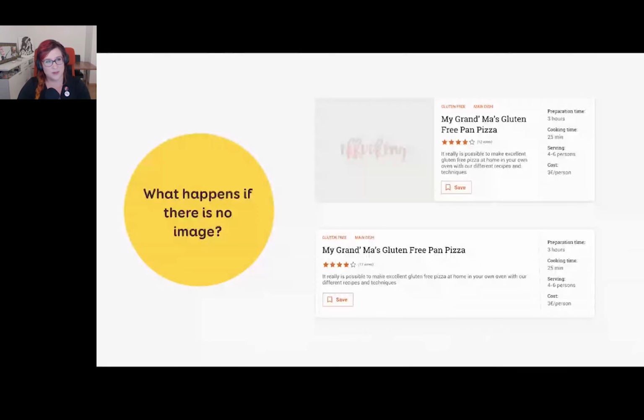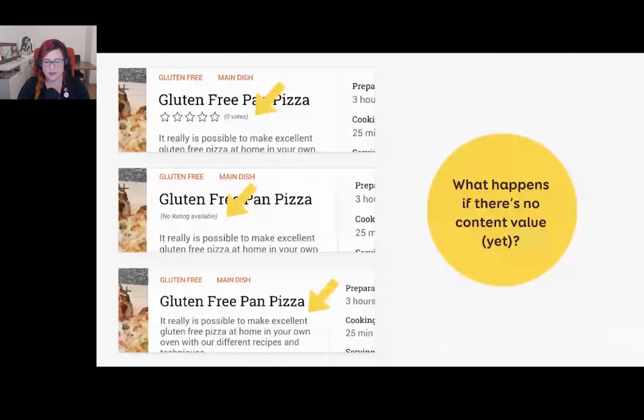Then what happens if I don't have a value yet for some of the content? If we go back to the cooking preview example, we decided to have some ratings. So we have these little stars, and if you have a lot of ratings, then you have 2, 3, 4, 5 stars. The issue is that if by default you don't put any stars because you don't have any votes, it might be misleading for the user. They might think, okay, maybe there's no stars because it's not a good recipe. So maybe having no stars at all is not a good solution until you have enough votes to actually have a review for this recipe.